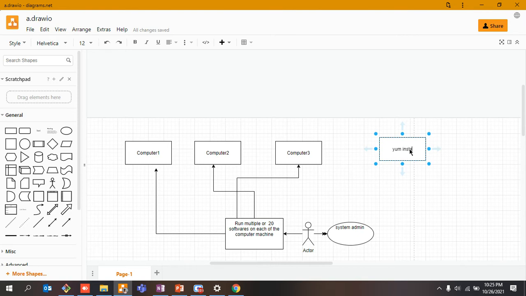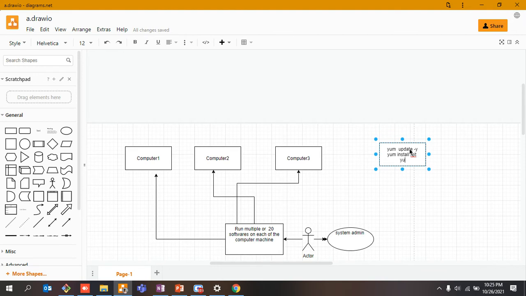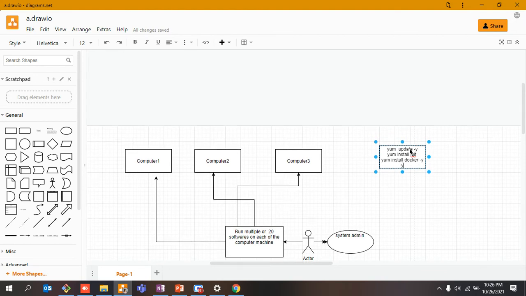Just as an example, I need to first update it, then I need to install Git on it. Then let's say I need to install Docker on it as well. Then I need to install Apache server as well, because the guys would be working on it.